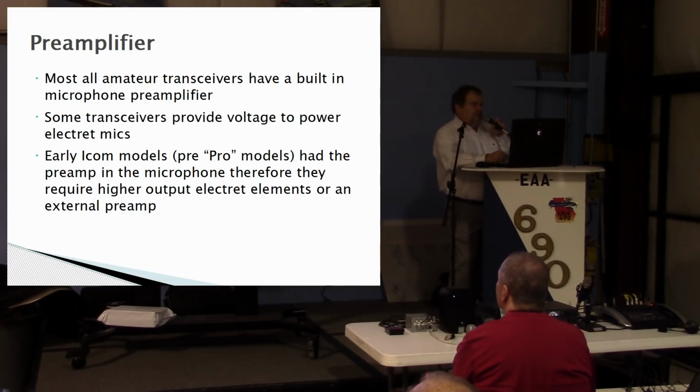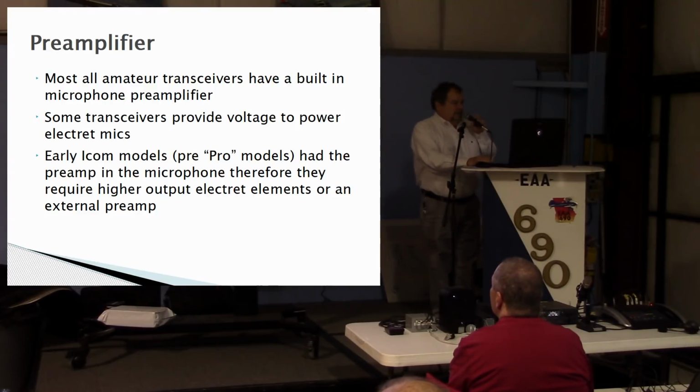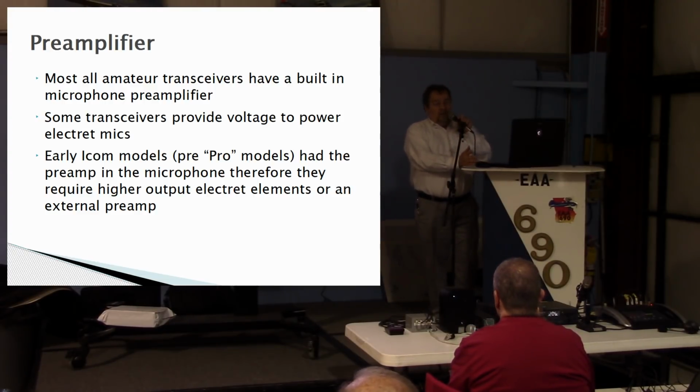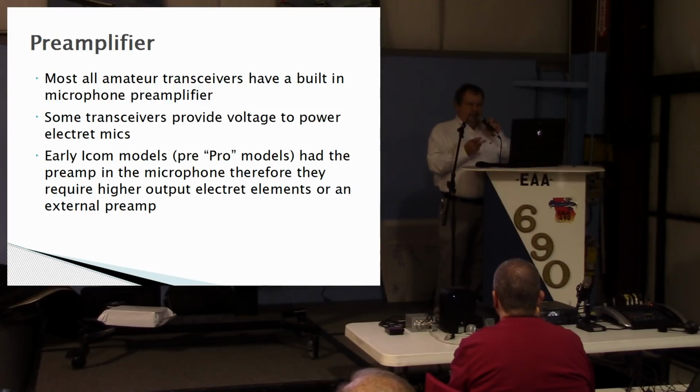Some amateur receivers have them built in. Some of the transceivers provide power, most of them provide power, so you could power an electret mic. It's usually not enough power to power a cardioid mic, a condenser mic. For a condenser mic, you'd really need a preamp that had enough power to make that mic